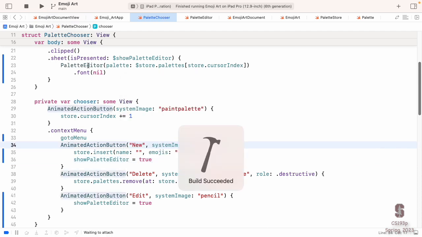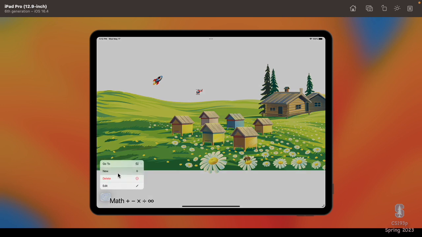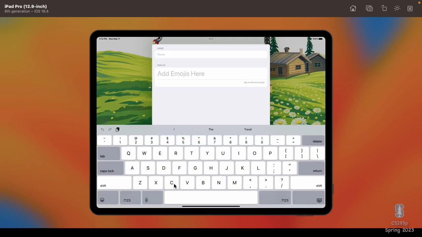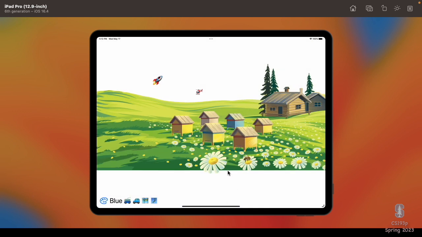Because we built good primitives here, it's real easy to go here and say, give me a new one. It's blank. And look what it picked, the name. Because I had that little focus thing, there's no name, so it picked it. Maybe I would say, oh, I want blue emojis here. Go down here, pick blue ones. There's a blue one, blue, blue, pick things that are blue. Now I have a new one here, blue.